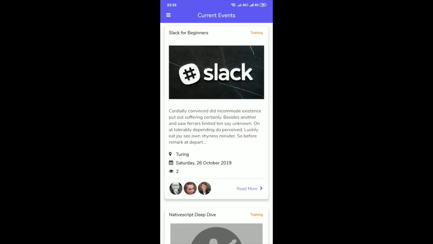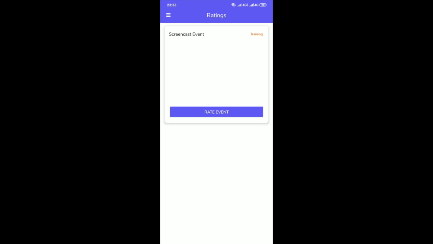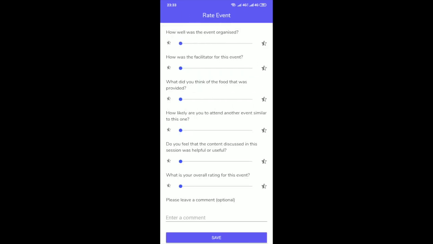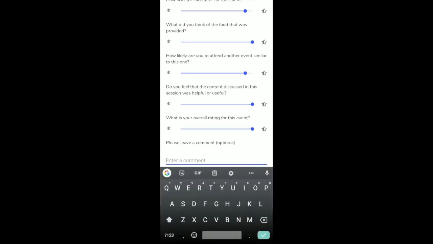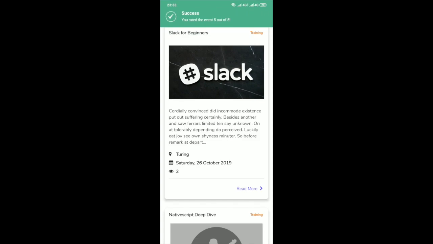expenses. So now back on the mobile side, the event is finished, so we're going to go over and rate it. We see screencast event appear there, we're going to hit rate. So there's various criteria: how well was the event organized, how was the facilitator, what did you think of the food, how likely are you to attend another event, these various things. We can enter a quick comment on what we thought. This is just to help organizers be more effective in future, and we save that, and that's been sent off, and we can go back to the website of things from the organizer's point of view to see how that